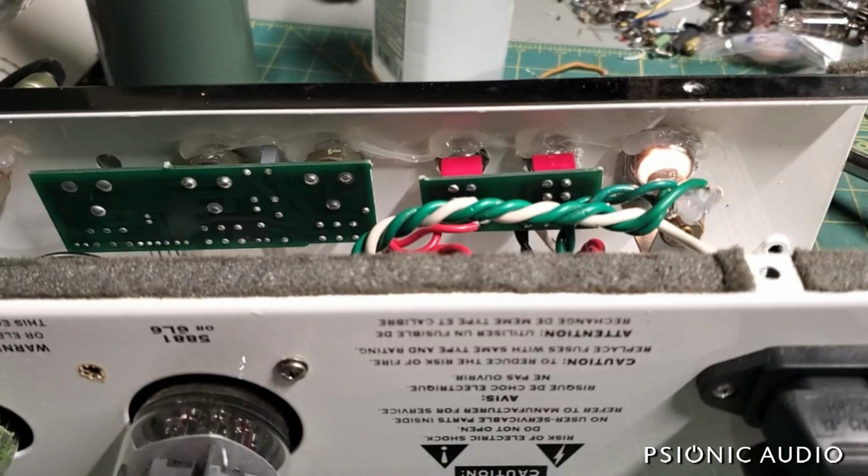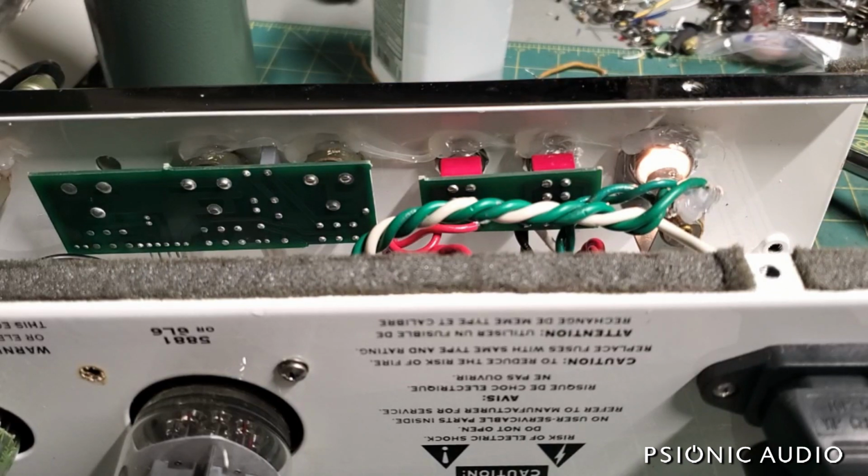So last thing I've got to do, I'll do that off video, is they broke the locator keyway off the 6L6. I've got some glue-on ones. I'll glue that on just so the tube is more secure in the socket, but